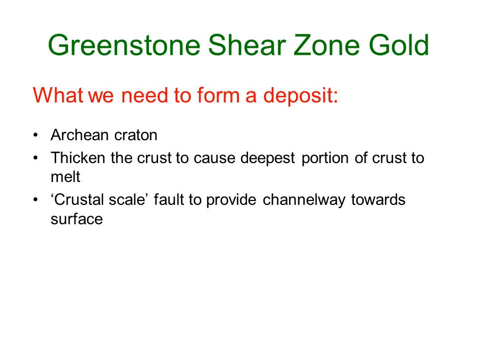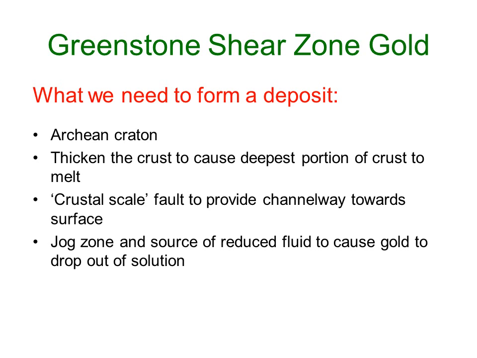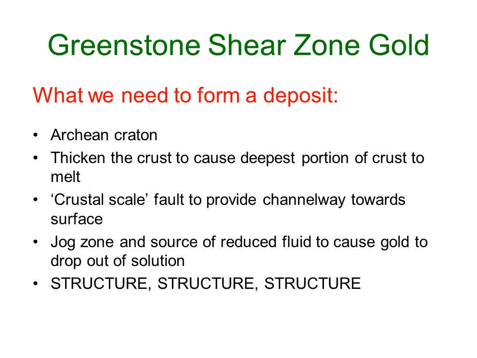Thirdly, we need a crustal scale fault, or usually a package of thrust faults, to allow the gold-enriched fluids to rise towards the surface. Again, structure. Fourthly, we need a trap to form in the form of a structural damage zone, or a location that will allow the gold-bearing fluid to mix with shallow-sourced reduced groundwater. So you can see how structure plays the pivotal role in the development of greenstone belt shear zone hosted gold